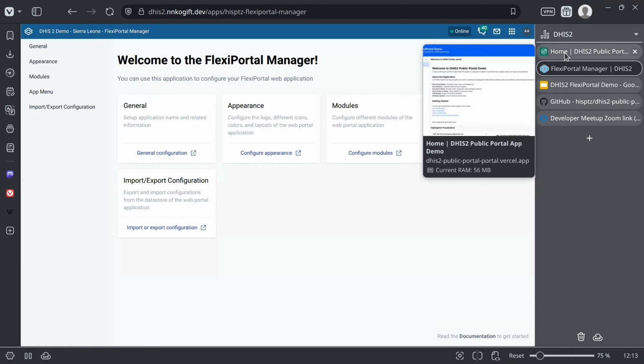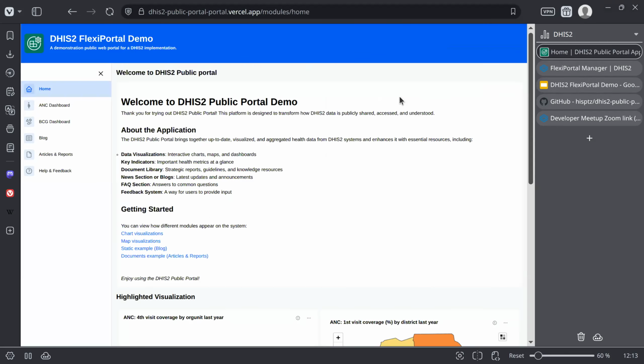For the public portal, there are various ways in which you can set this up, but one of them is through a hosting site such as Vercel. There are also different ways in which you can set up both the public portal and the FlexiPortal Manager app, which is well documented in our documentation, which I hope some of my team members will share in the chat. Now let's take a look at